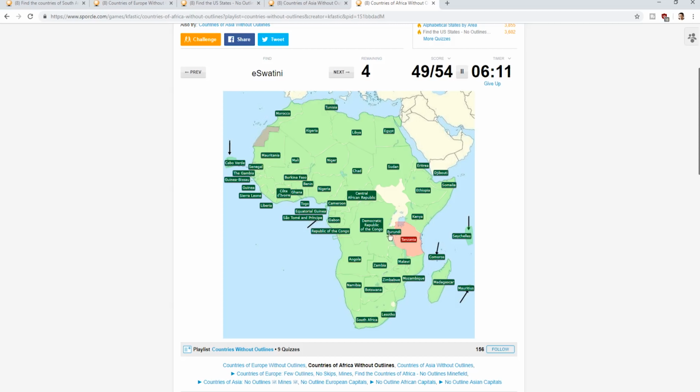Basically, earlier when I wasn't sure about that one, I always, for some reason, get Burundi and Comoros mixed up. I don't know why, because the names are nothing alike, but I sometimes think Burundi is the island, and I sometimes think Comoros is that bit there. Eswatini, again, I have no idea how it's pronounced and why it's spelled with a little e. I don't know if that's how it's meant to be, or if the person making this quiz just got it wrong. Uganda,